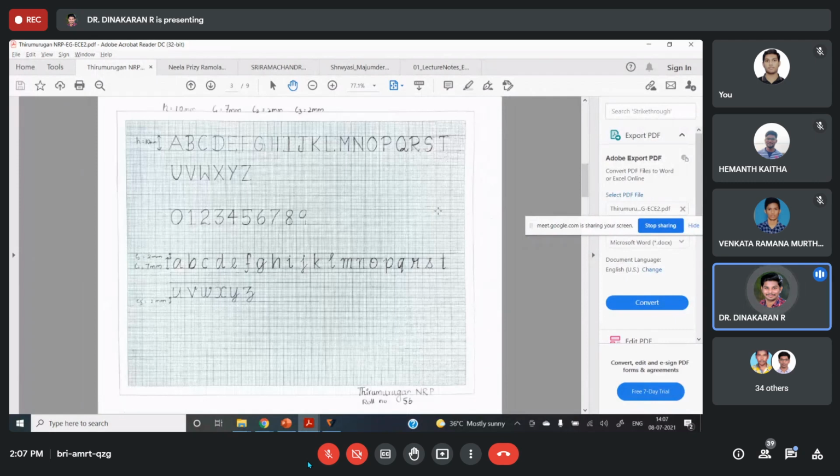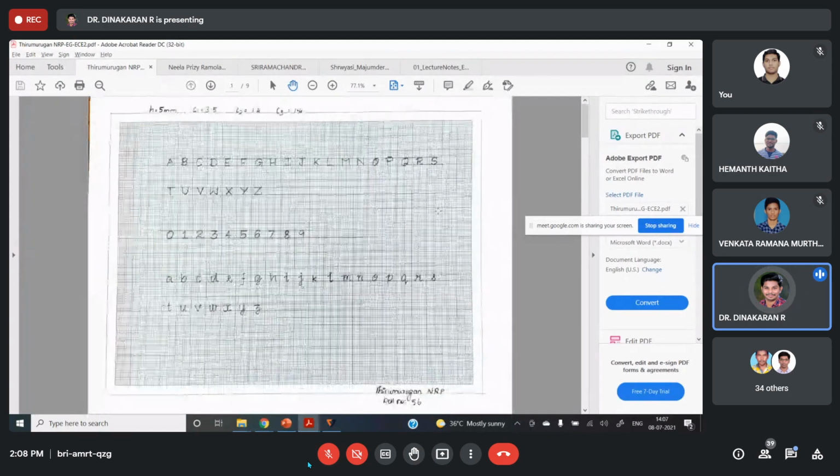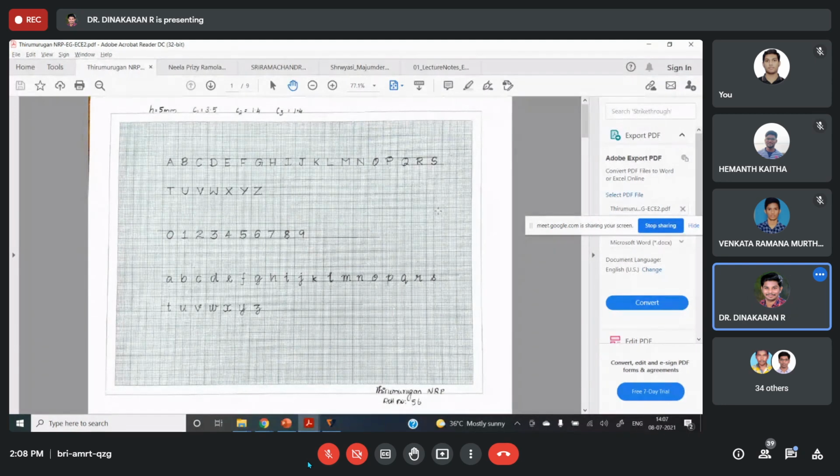You need to write on a graph sheet letters with heights of 5 mm, 7 mm, and 10 mm. You need to calculate C1, C2, and C3. I will not tell the C2, C3 values; you need to find them out. I will tell the C1 value only.